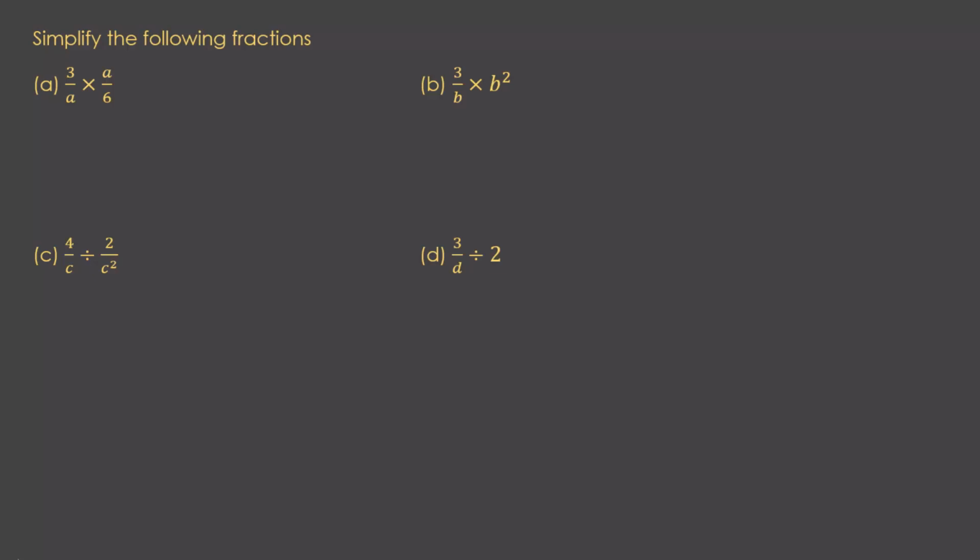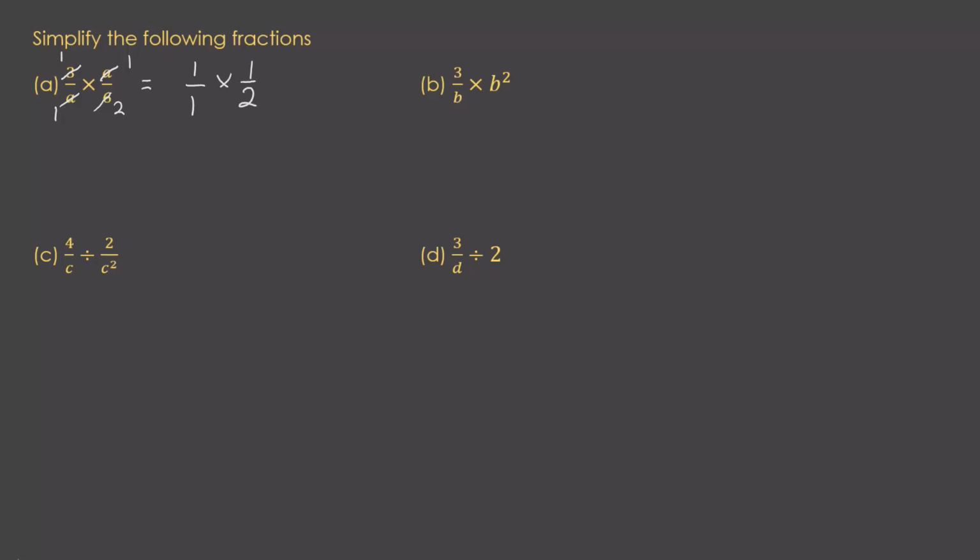We want to simplify the following fractions. Now, with the first one, looking at the numbers, 3 goes into 3 once, 3 goes into 6 twice, a goes into a once, a goes into a once, and so after simplifying we end up with 1 over 1